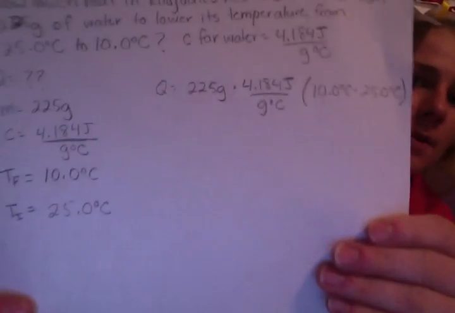Now all you do is plug that into the calculator. So it's 225 times 4.184 times 10.0 minus 25.0, and that equals